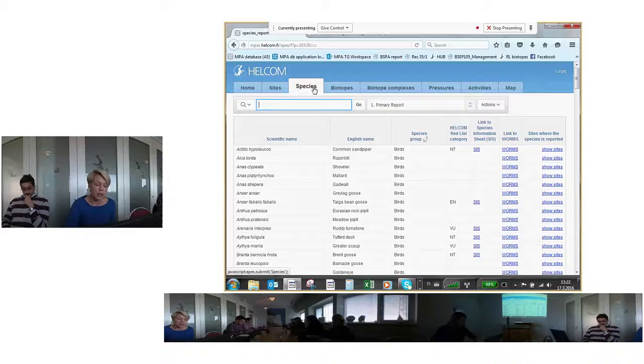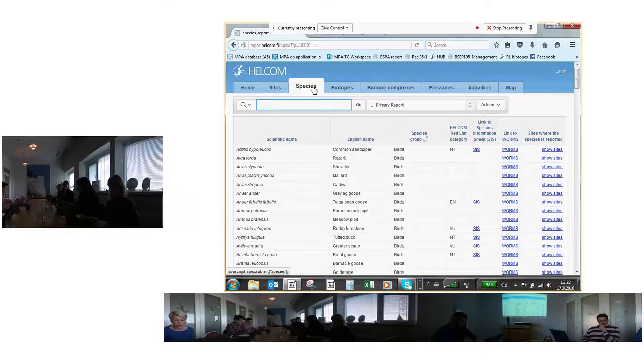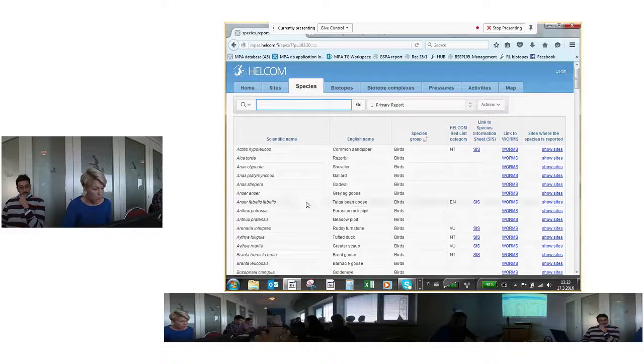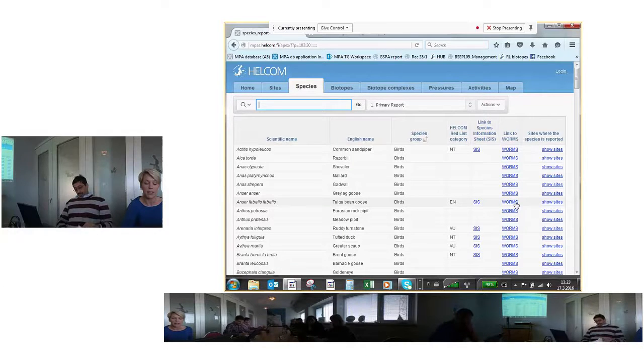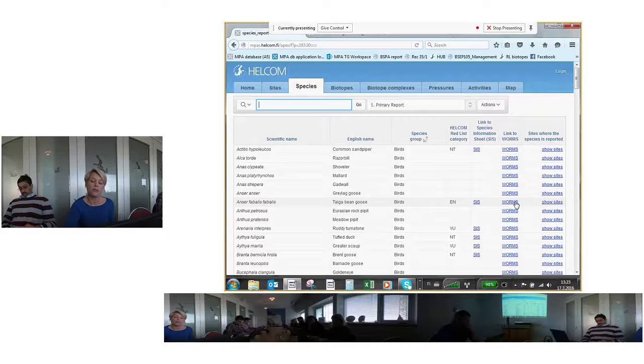This table is important if you're interested in information regarding a specific species. So let's say you want to know something about the taiga bean goose. Here you'll find it with both scientific and English name. You'll find that it's an endangered species according to the HELCOM Red List of Species. You'll find the link to the species information sheet, to the WoRMS database, and most importantly, you'll find this "show sites"